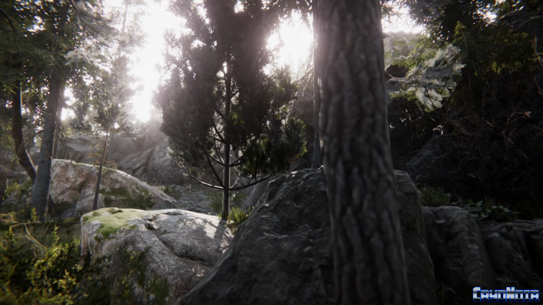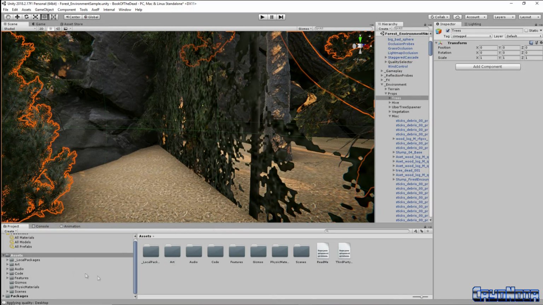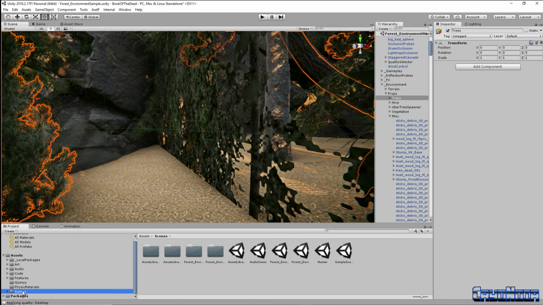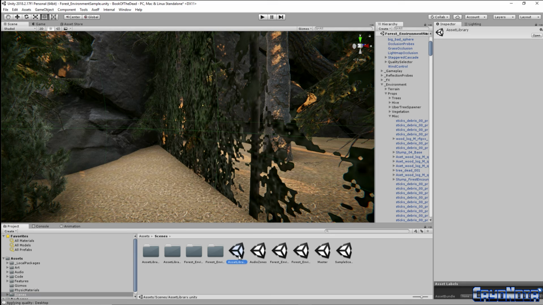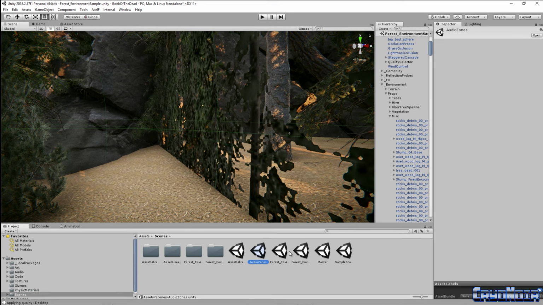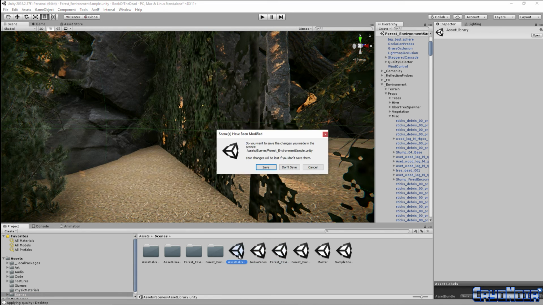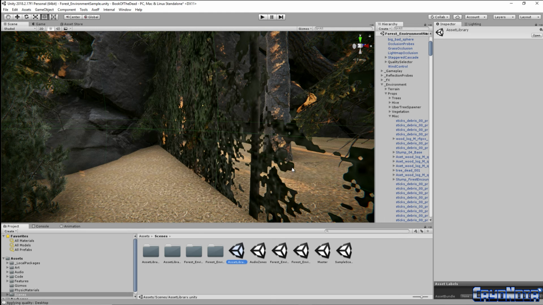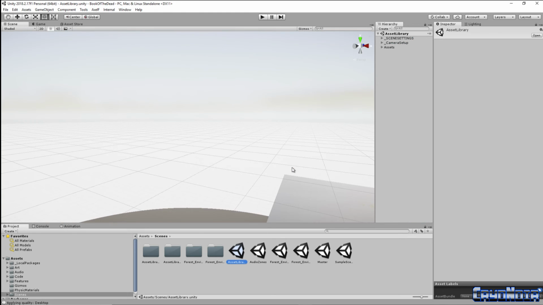Let's jump out of that, because it does come with all the assets. You can create additional scenes. Oh, we've got other scenes as well. Which scene are we on now? Is this the master scene? How do you find out what scene you're on? Let's have a look. So we've got the asset library. Let's have a look. Yeah, don't save any changes. I don't know what changes I've done, but